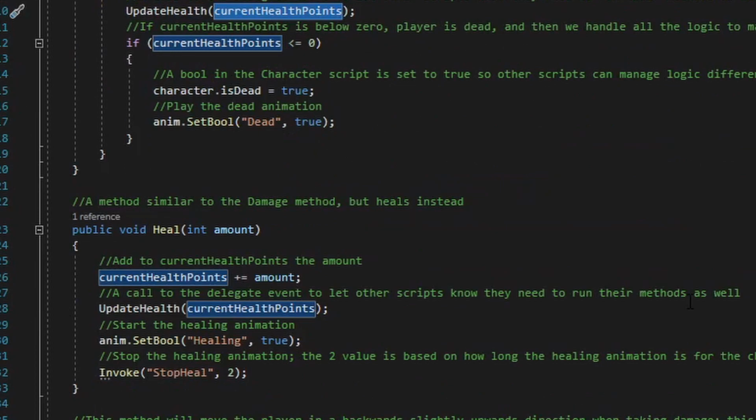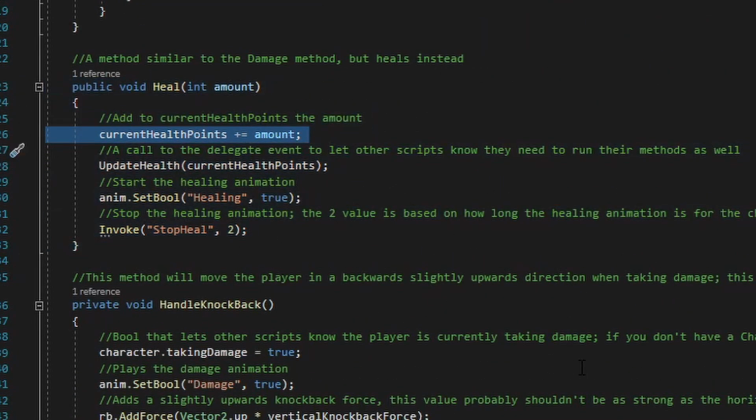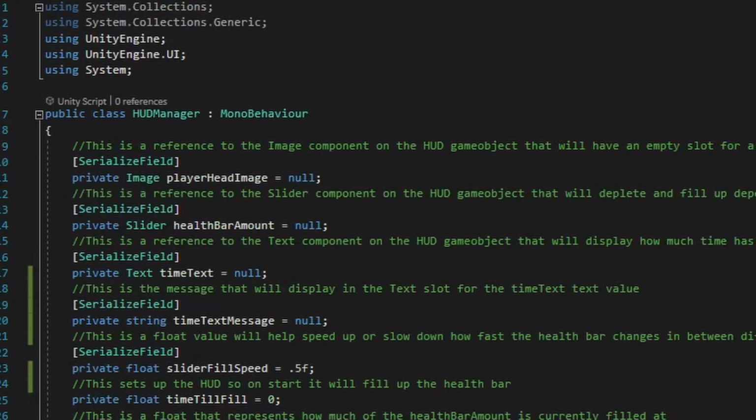The heal method is going to act very similarly to the damage method, but rather than negate current health by amount, this will instead add amount to current health. It'll then run the same update health event, feed it the same type of current health parameter, and then set up some bools within the animator script to allow the heal animation to both play and stop playing. Now let's start discussing the HUD manager script and how we're going to use this script